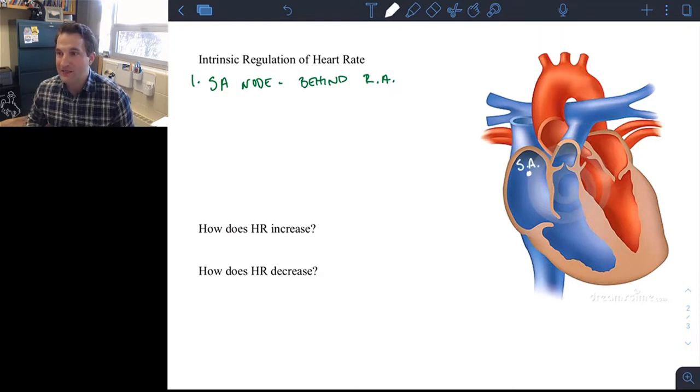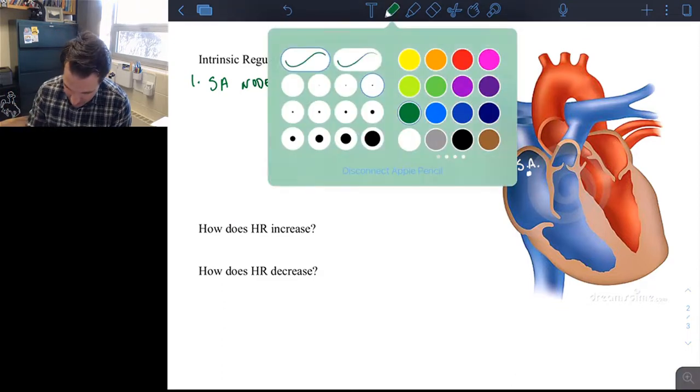What's going to happen when that SA node spontaneously depolarizes, okay? If we think about this in comparison to our skeletal muscle contractions, when that action potential reached there and was propagating, that was due to an influx of calcium or an influx of a neurotransmitter that's going to cause that depolarization due to a change in voltage overall because of that neurotransmitter being sent there. However, with the heart rate, there is none of this. This is a spontaneous depolarization. So when that happens, we're going to send our action potential